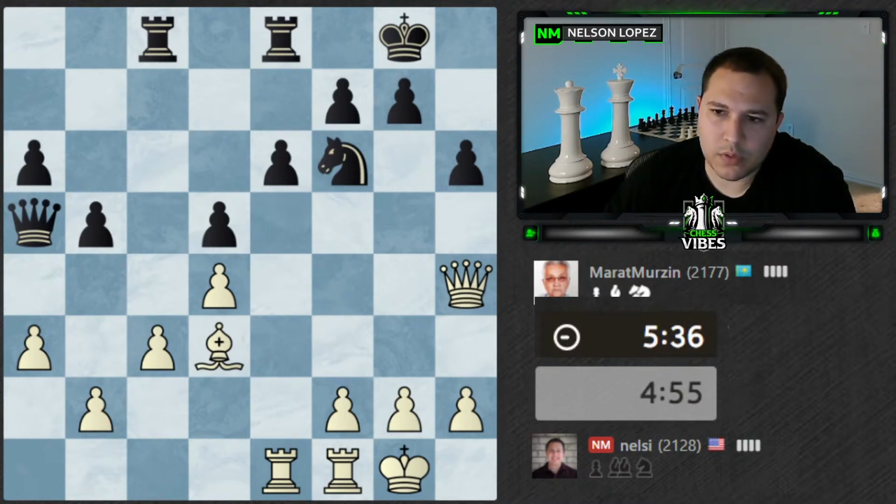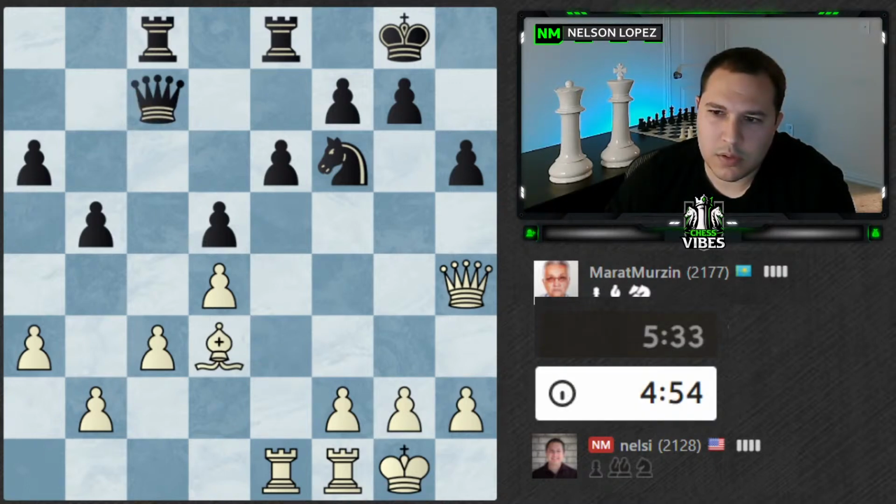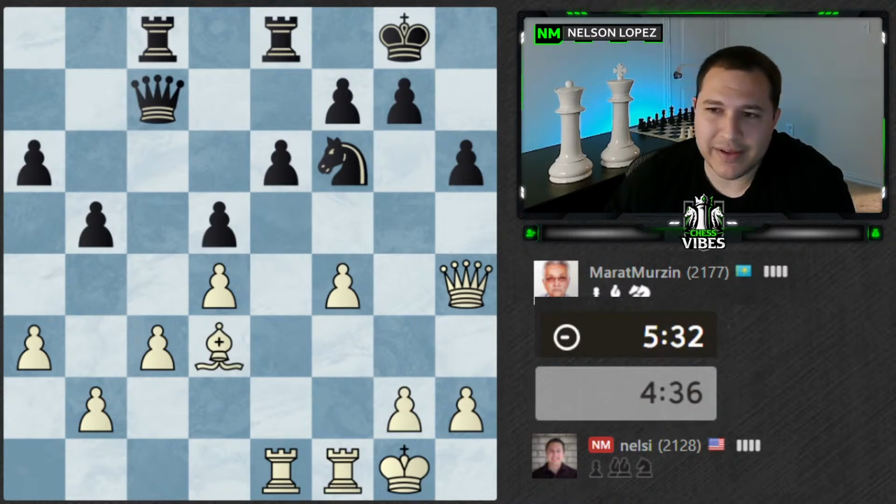Now, maybe f4 or rook e3 next. Okay, so again, this is going to take a little while, so I've got some time. I want to watch out for this. f4 would completely prevent that. Let's play f4. So I'm trying to stop black's counterplay, and also at the same time, my rooks are ready